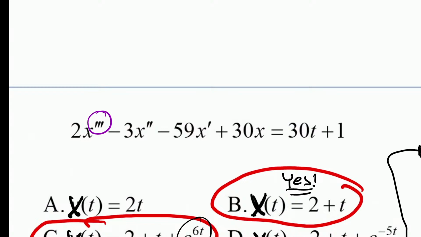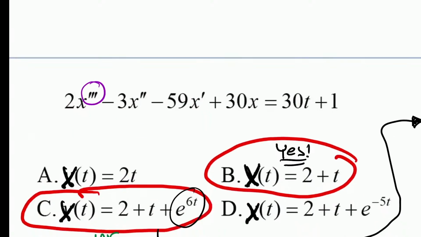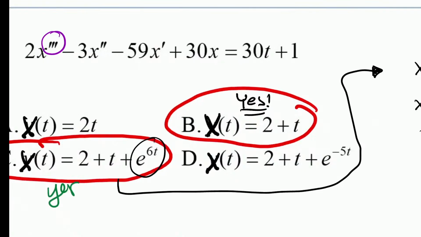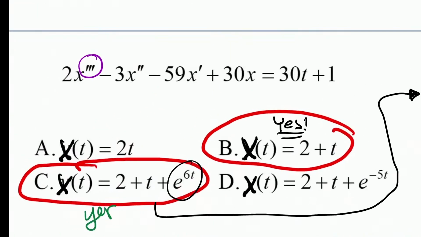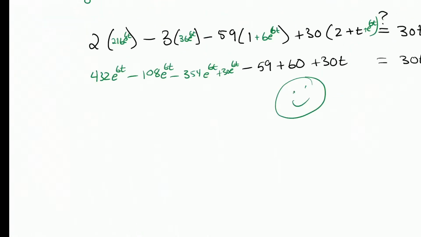We won't get into all of them, but one of them is e to the 6t. One of them is e to the negative 5t. And I don't know what the third one is. I'm going to guess e to the, I don't know. I can't tell just by looking at it. But you can be assured that there is another solution. e to the t over 2, maybe? Anyway,